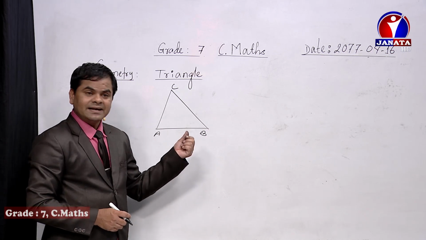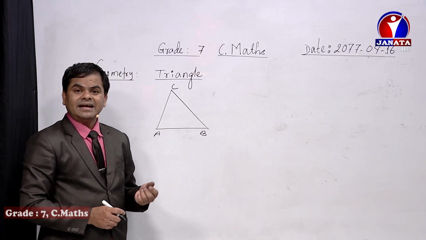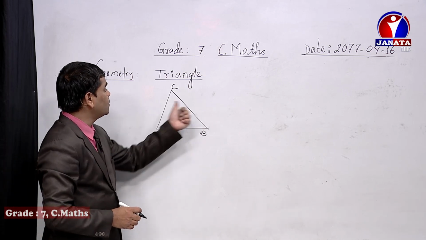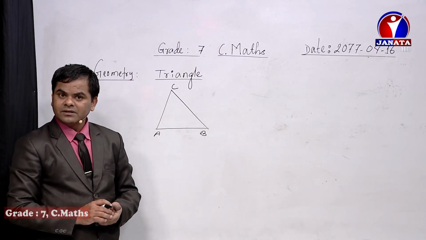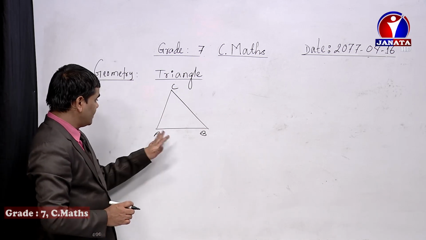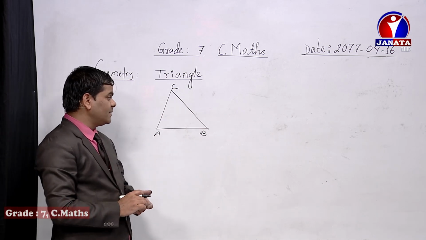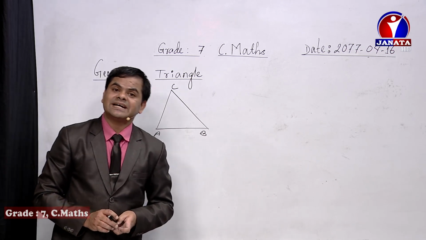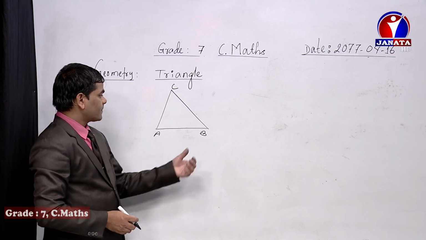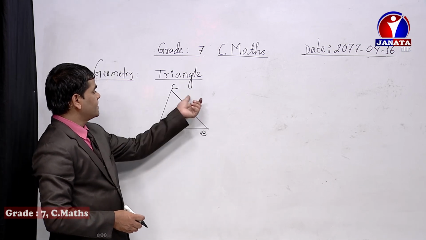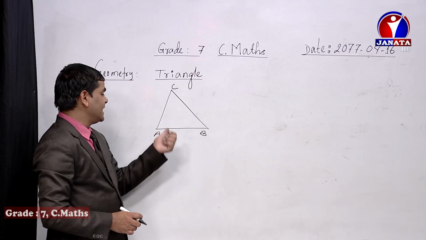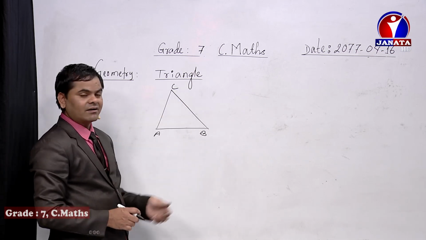Yes, dear student, it is a scalene triangle, because the measurements we don't know whether they are equal or not. The sides' measurement is not fixed, and the angles are also not identified, isn't it? At that time, such a type of triangle we need to understand as a scalene triangle. Maybe the measurements are different for AB, BC, AC, as well as angle A, angle B, and angle C.